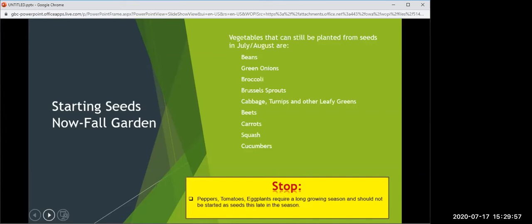No. Well, you know what? With my collards, I see holes, so I put some of that Sevin, I forgot what it's called right now, but I put some type of powder on there to stop the worms from eating. Yes. Oh. Okay. So Sevin dust is not something I would ever recommend. I practice fully organic gardening. And Sevin dust is one of the ones that when I see it, it brings a tear to my eye. So you probably aren't seeing caterpillars right now if you're using Sevin dust,